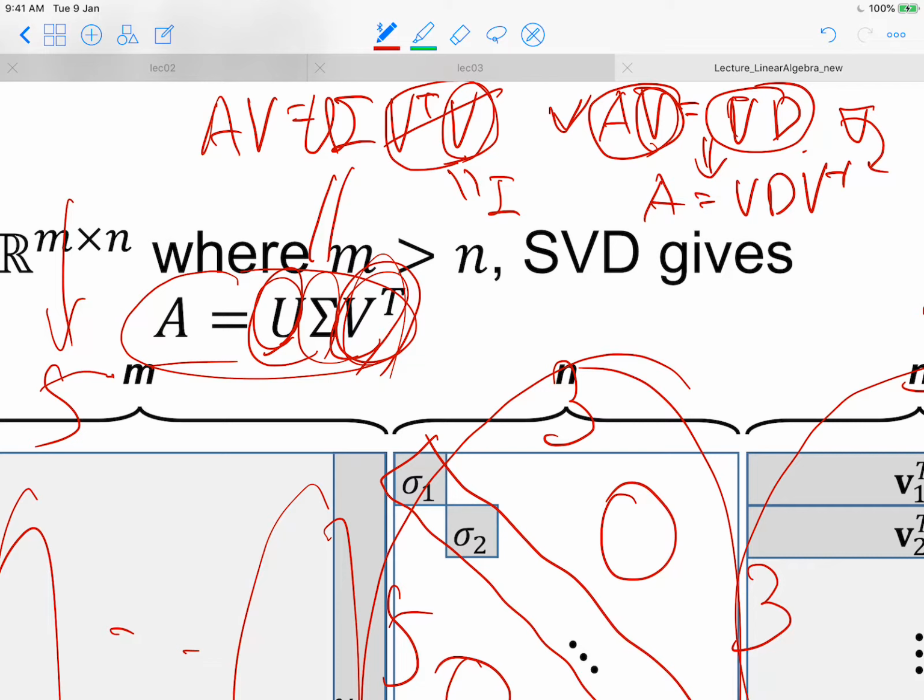So we can cancel this out, and we obtain AV equals U sigma, right? Then, similar to the case where this single matrix equation can be understood column-wise to obtain the column-wise eigenvalue and eigenvector equation, we can also understand this